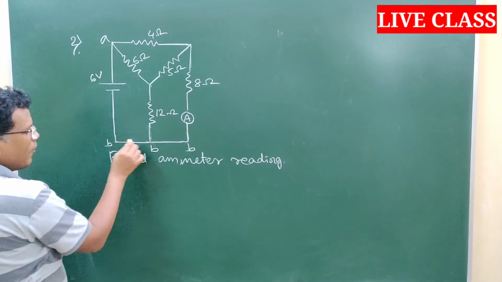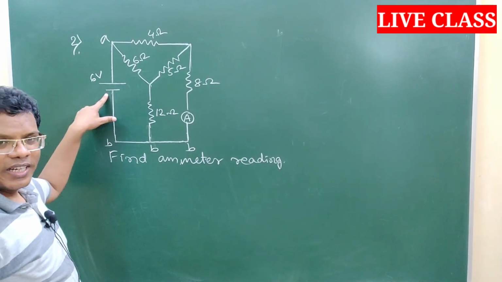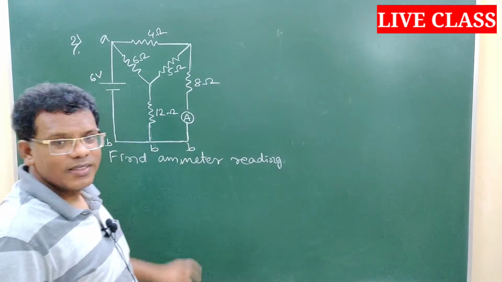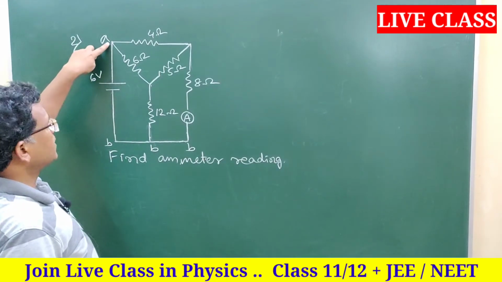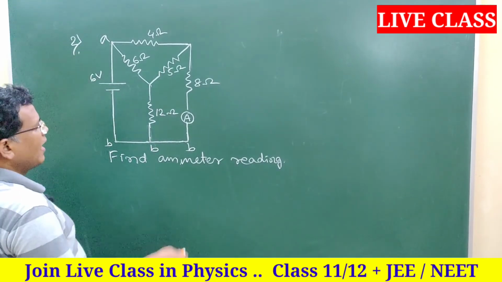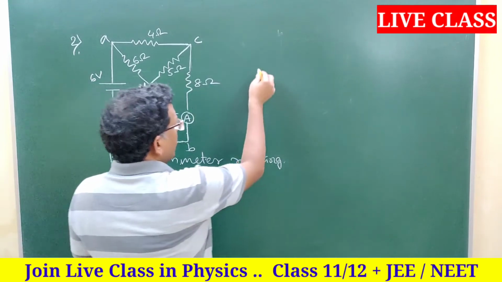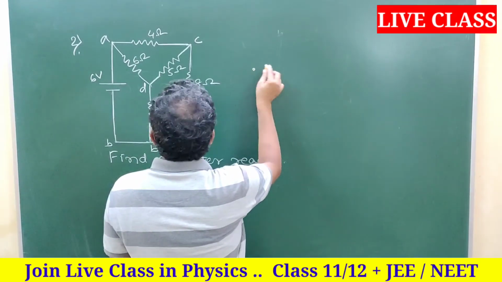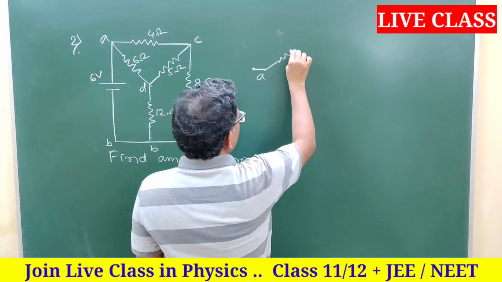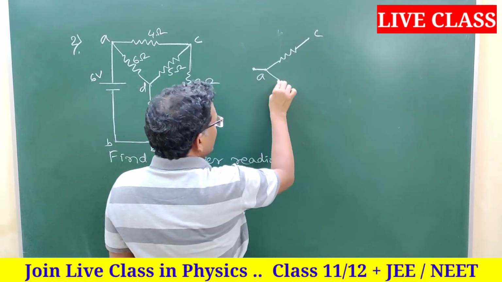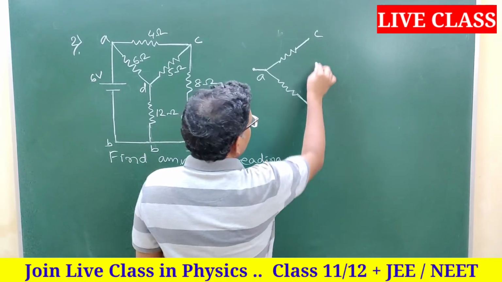Here also same, so all these 3 points must be the same in potential, and this point's potential must be at the potential of the negative terminal of the battery, right? So the battery negative terminal must have the potential of B and the positive terminal must have the potential of A, and in that way we can mark C and D as 2 other points. So across 6 volt, from A we can connect it like this: one resistor to C, another resistor to D, right?